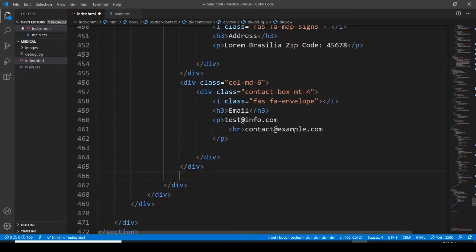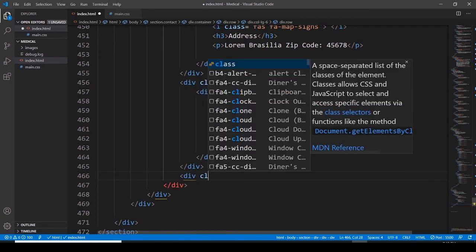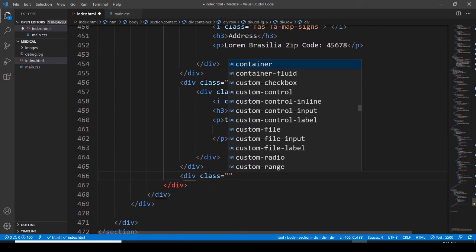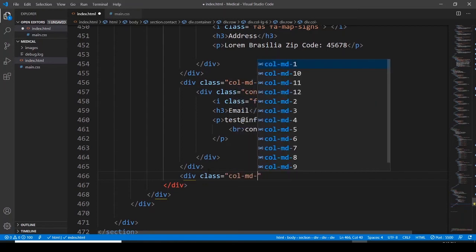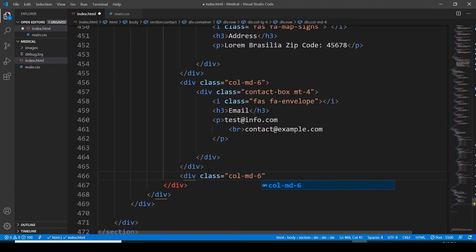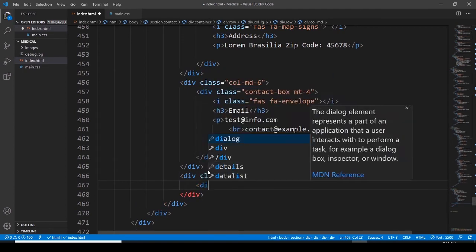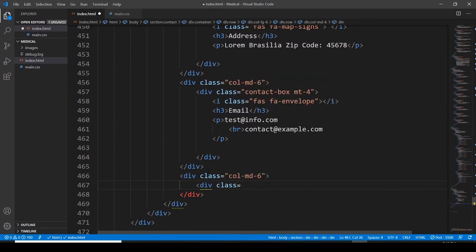And then after, let's have another division, assigning it a class. This class is going to be column medium 6, and then division and class,